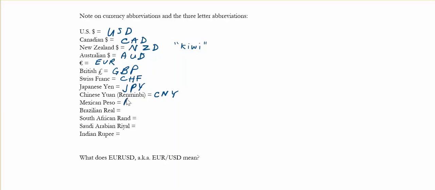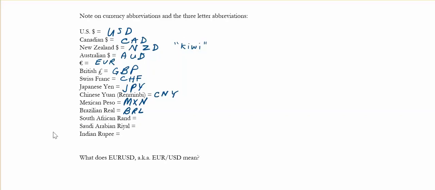The Mexican peso is MXN, and before you think it's a P, it's actually an N. The N stands for Nuevo Peso. The Brazilian real is BRL. I can't tell you why it's an L there, not an R. Now, I put the South African Rand and the Saudi Arabian Riyal right next to each other because you might think,